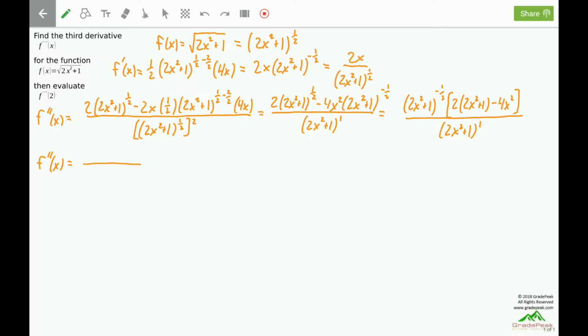I'm going to be moving the (2x squared plus 1) to the negative 1/2 to the denominator, so I will have a (2x squared plus 1) to the positive 1/2, and I have that (2x squared plus 1) that's to the first power, which I'm going to call 2/2 now because I'm about to combine those and you add their exponents. In the numerator, I'm going to distribute the 2 into here, so that will be a 4x squared plus 2,